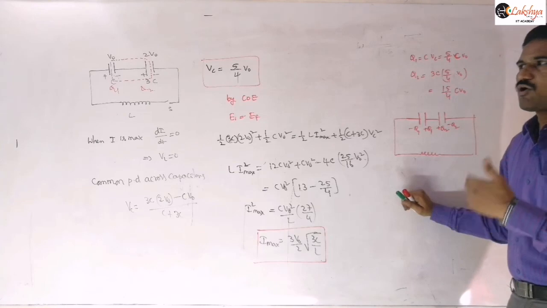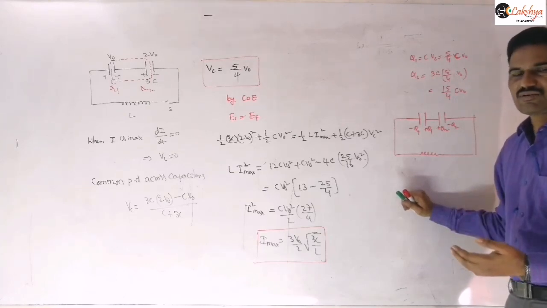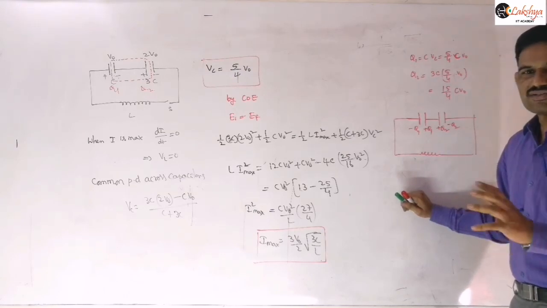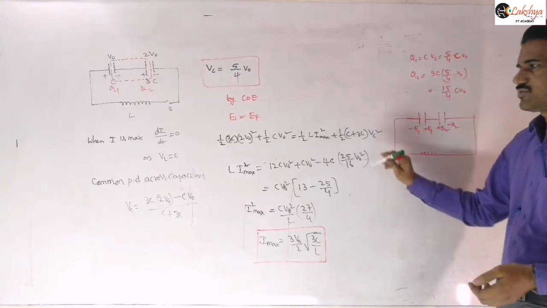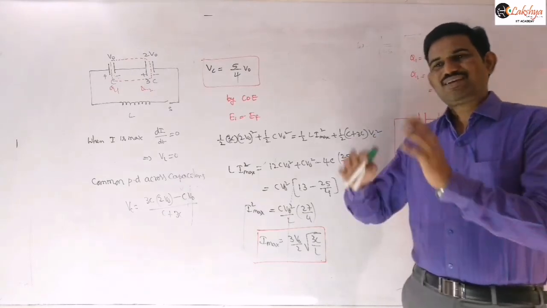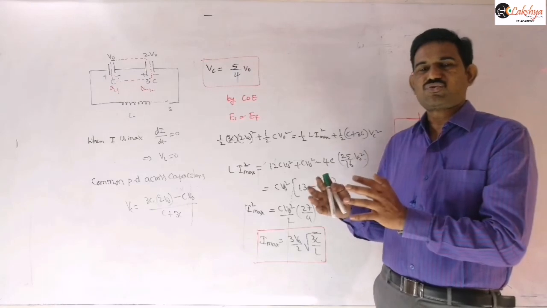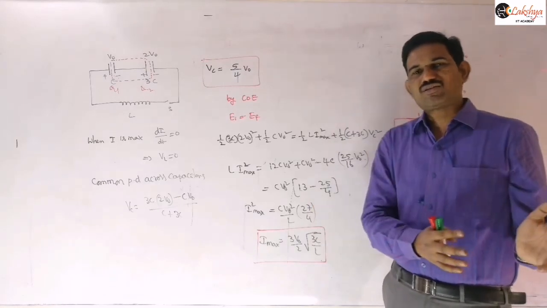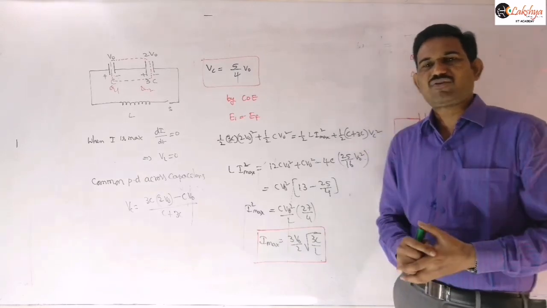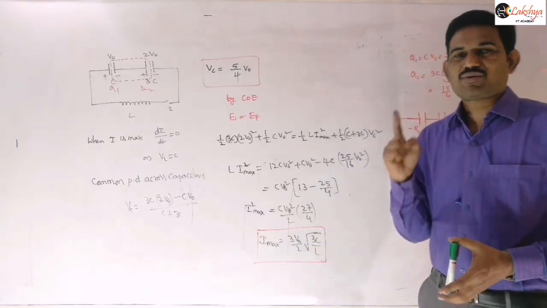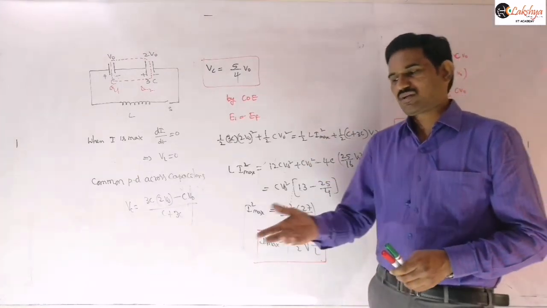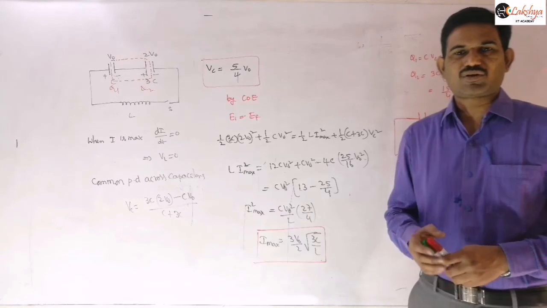So simply, whenever a combination of capacitors is there and they ask for maximum current, find the common potential across these capacitors, then apply conservation of energy there. If only one capacitor and one inductor is there, whatever initial energy is stored in the capacitor totally converts into magnetic energy. So Q naught square by 2C is equal to half L i maximum square for one capacitor and one inductor. If a combination is given, then this is the procedure to solve that. So practice more problems based on that, then you will get more clarity about that, right?